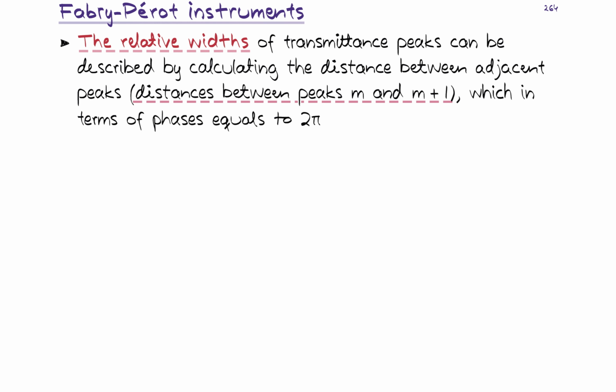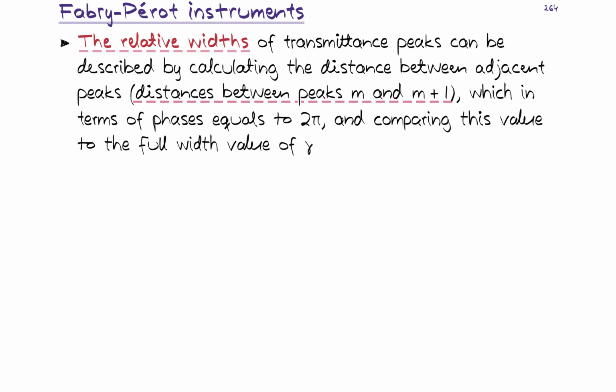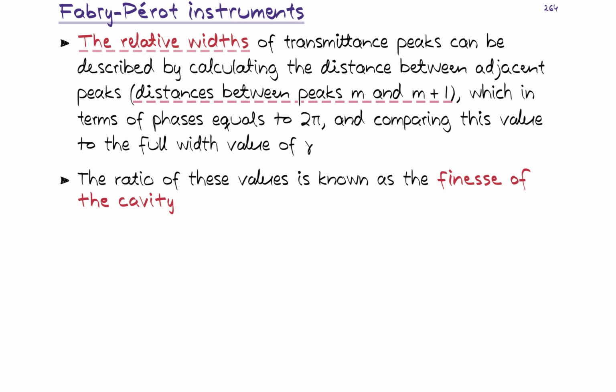And we know that in these cases, the phase difference is equal to 2 pi, since they are adjacent peaks. And we know how they are formed: they are formed when the phase difference is an integer multiple of 2 pi. So we can compare these values to the full width value gamma. And now we can calculate the ratio of these two values, and we define this as the finesse of my cavity. So a strange looking F now, not just a capital F, but the calligraphic F. And this is defined as 2 pi,